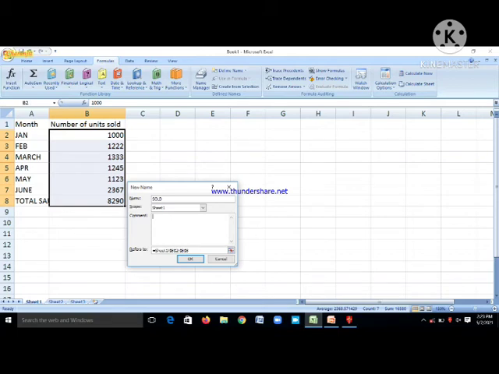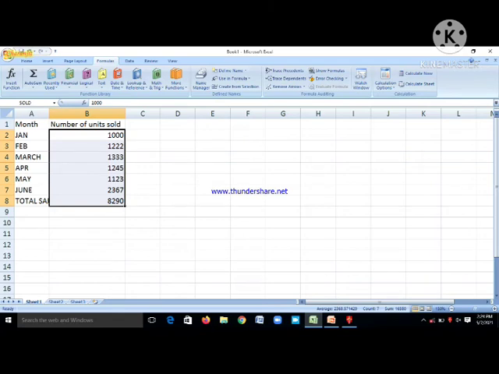This is not a required field, but it's just for understanding. In the Refers to option, make sure that the required range is specified, B2 to B8. Press OK. Now what is the name of this range? Sold, that is shown here.